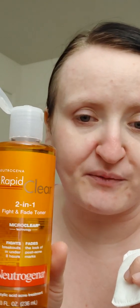This is the 2-in-1 Fight and Fade Toner. This is the Neutrogena Rapid Clear. Fights breakouts in under 8 hours. Fades the look of post-acne marks. So this keeps my skin from having breakouts, so when my skin all clears out,